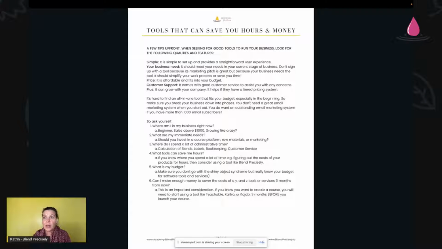But if you get a tool, let's say for creating courses, and you're not sure that you actually want to create courses, don't get that tool right now. On the other hand, if you know you're going to go into course creation or online membership services or anything like this, then you probably want to start with the tool 3 months before you actually go live. So that's what I mean by your business needs. It should really meet you where you are at this point.